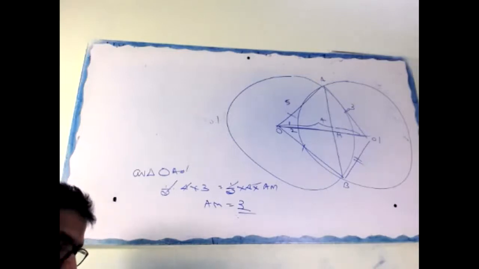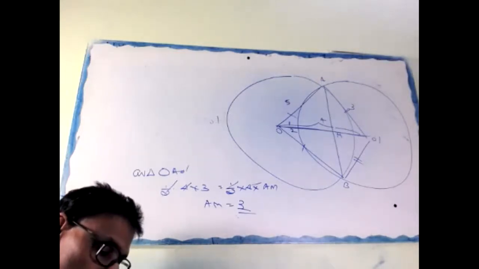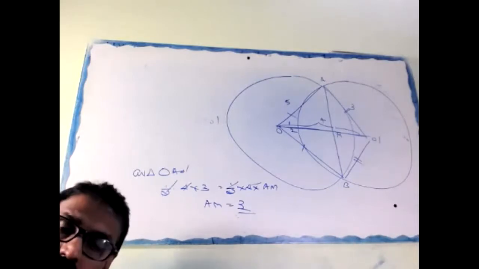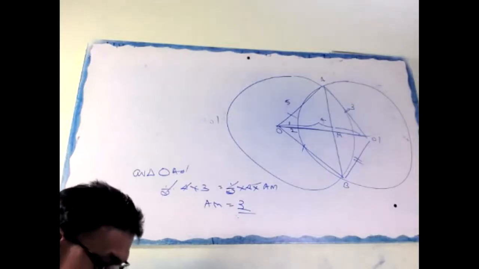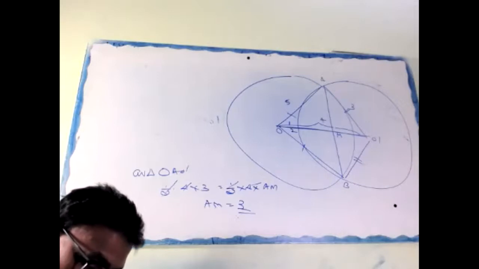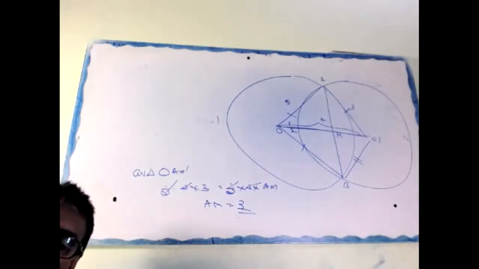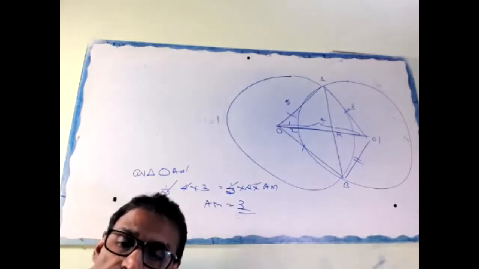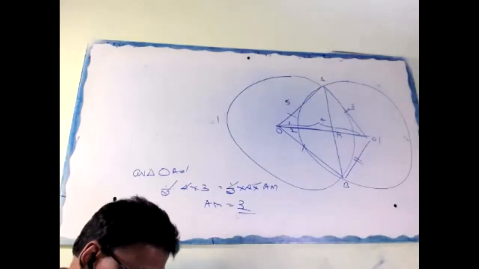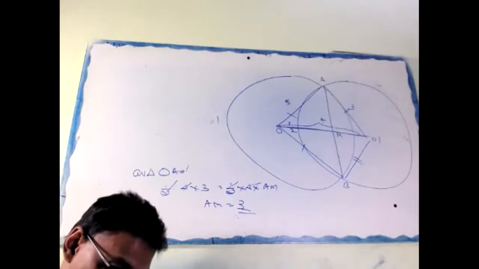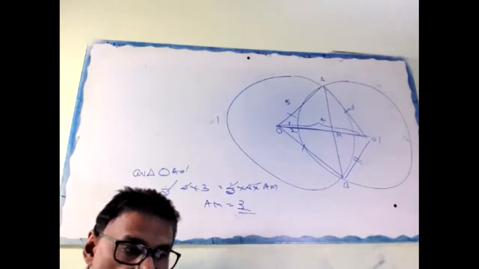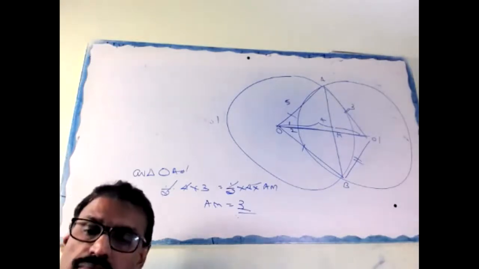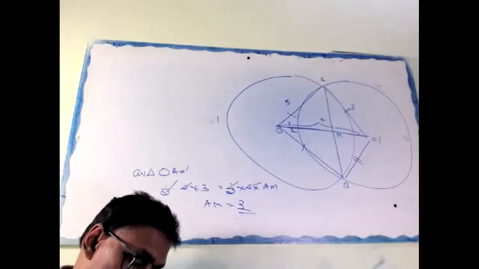It's clear now? Using Heron's formula also, you will get the same answer. Any method, the area won't change. If you use Heron's formula, no problem. Okay. So finish now. Next, it's clear now.